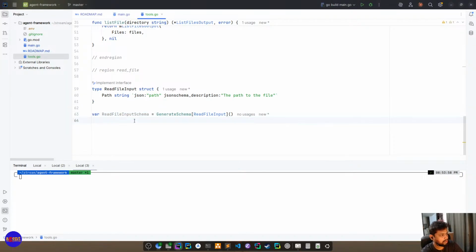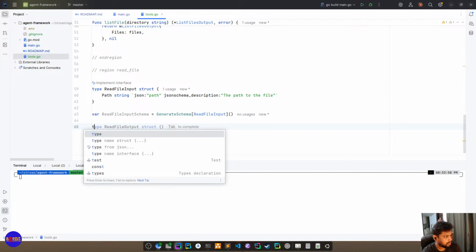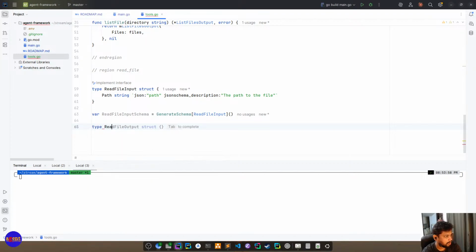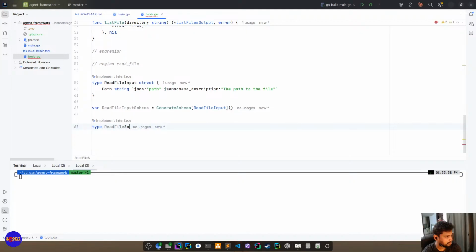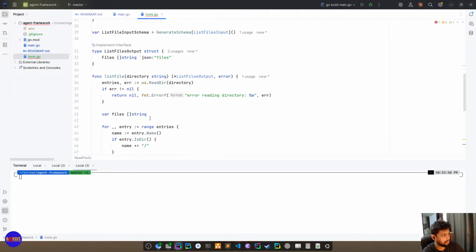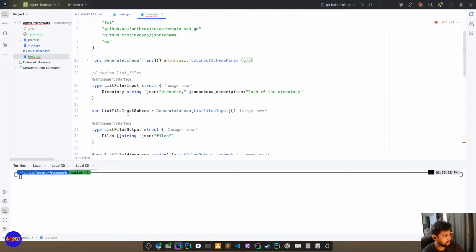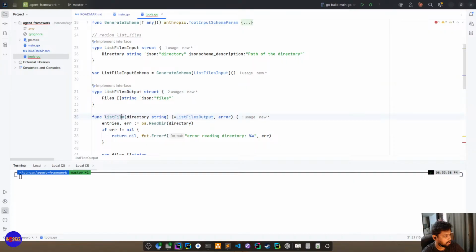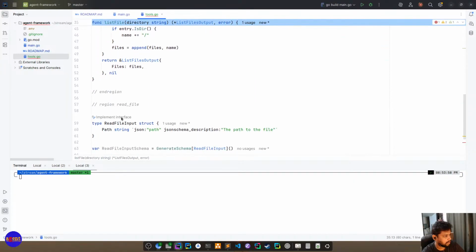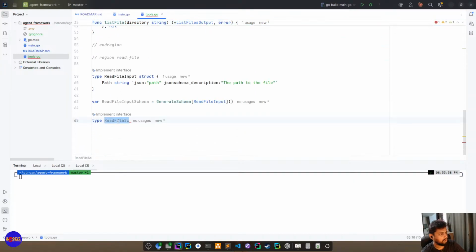So this is a definition. Let's do file schema. We need a schema. Input schema is the output. We need a function. That's it.